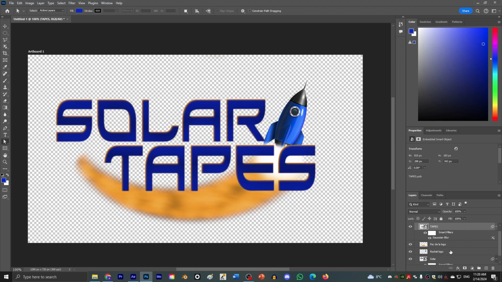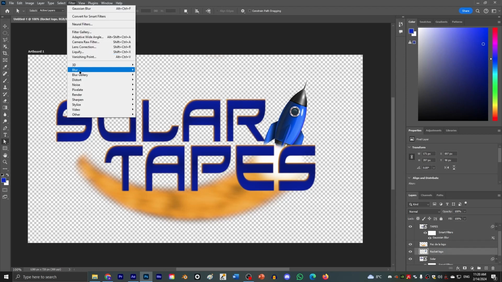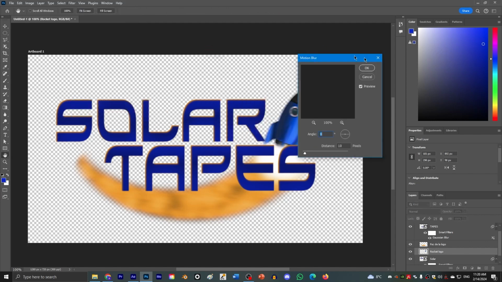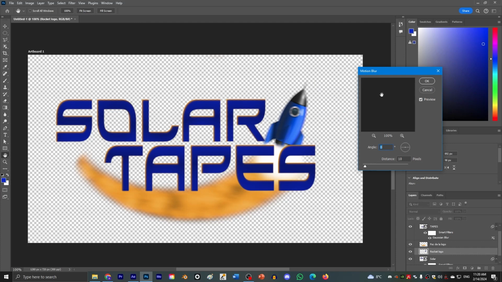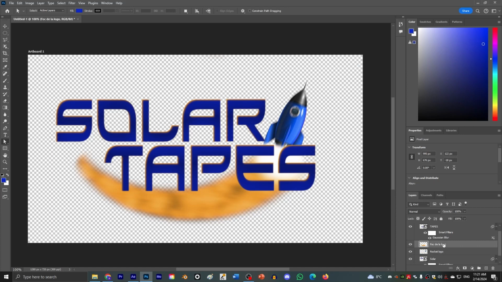For the rocket, I used a directional blur because the rocket is technically in motion, it flies, so I used the motion blur. And the same thing for the fire.